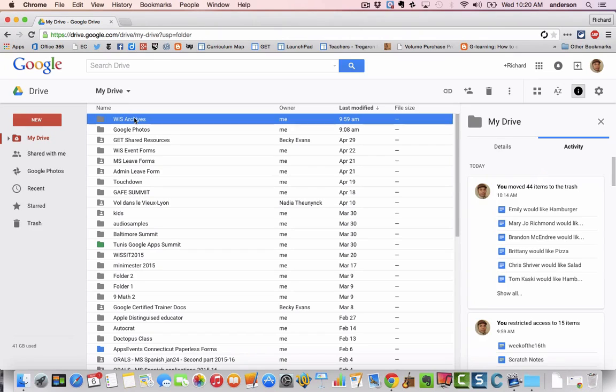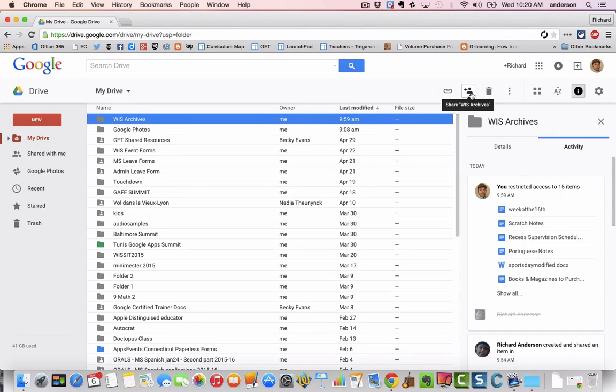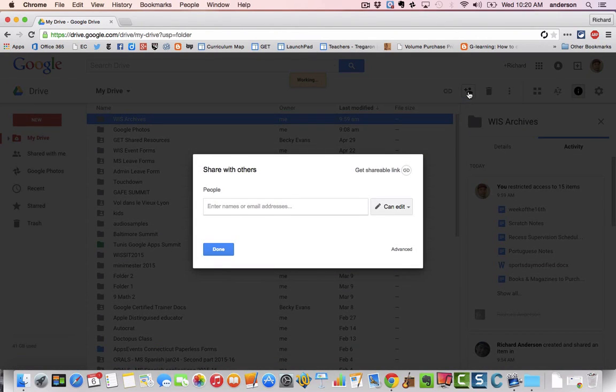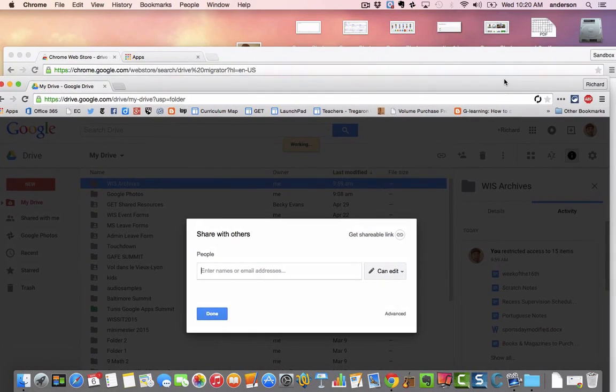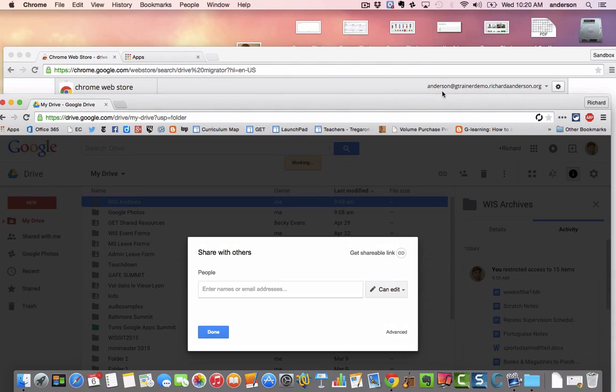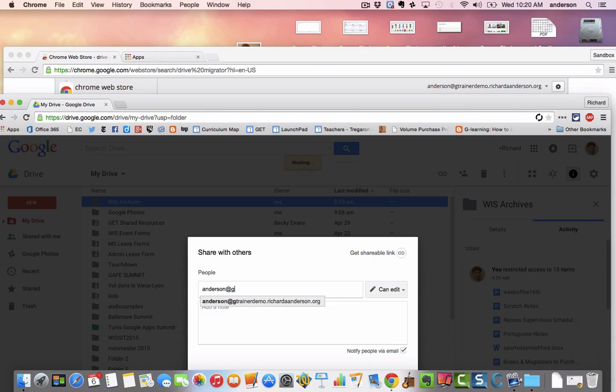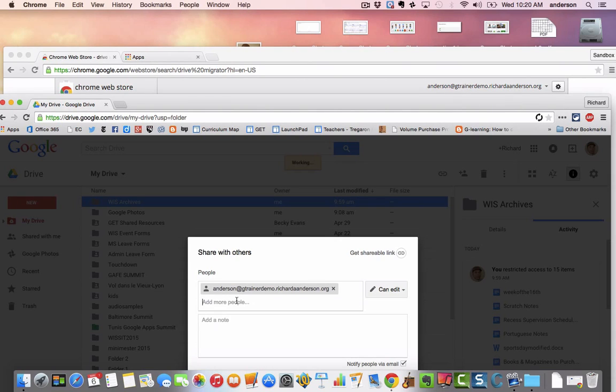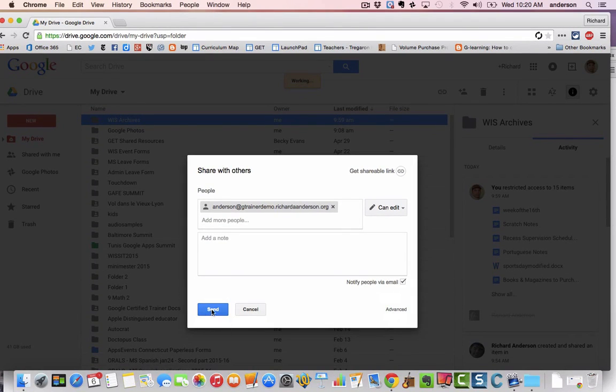The next step is to then share that folder to my new Google account, or it could be an existing one, to my personal one. I want to share this folder with that account. All right, so I'm going to click share, and I'm going to share it to my other account, which is right here, Anderson at gtrainerdemo.richardaanderson.org. Okay, and I'm going to click